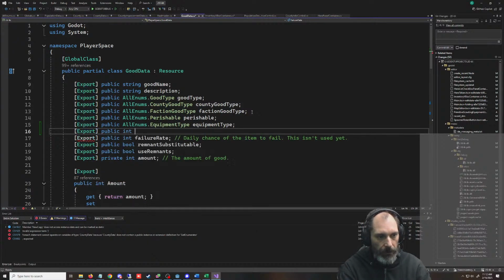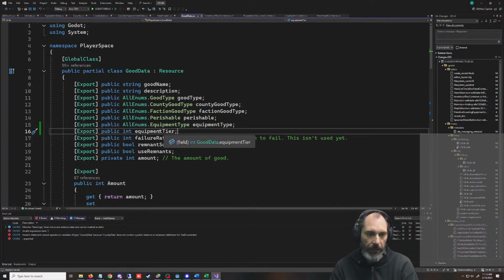Public int equipment tier. I was just thinking maybe we'd set this up as a public class, and then we just have the equipment public class sitting in there, so that we could do 0 tier.